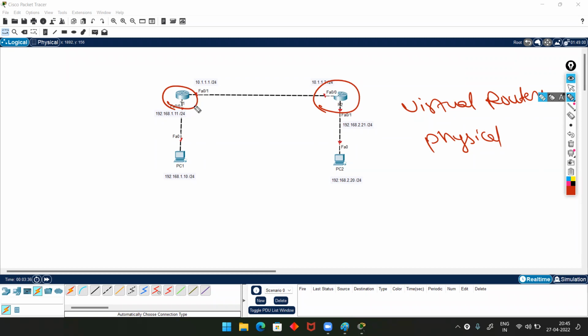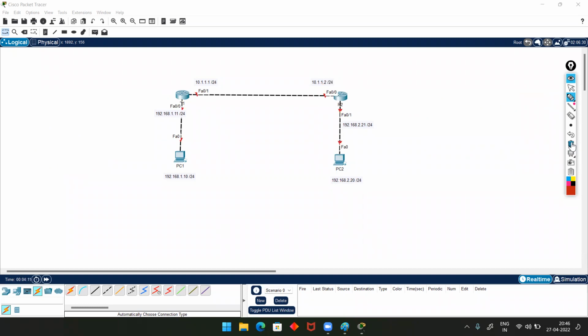These are the virtual routers, this R1 and R2. In software like Packet Tracer, GNS3, and EVE-NG, you can see the routers, switches, firewalls, everything. All these are virtual images only. Remember this point: these are virtual devices, not physical devices. But for the virtual devices, we don't require